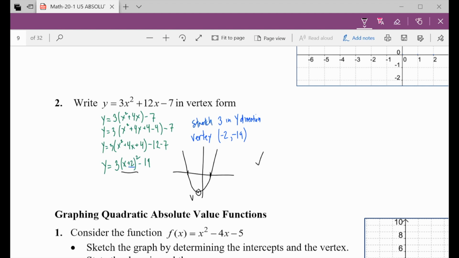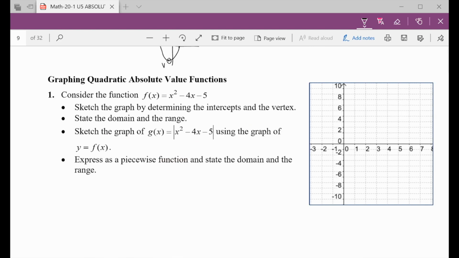All right, are you ready to move on and do some absolute values of quadratics now? Cool. So we're being asked to consider the function f(x) = x² − 4x − 5. We want to sketch it. We want to determine the intercepts and the vertex. We want a full-on sketch, a good, accurate drawing of what this thing looks like. State the domain and range, and then we're going to figure out a sketch of what its absolute value looks